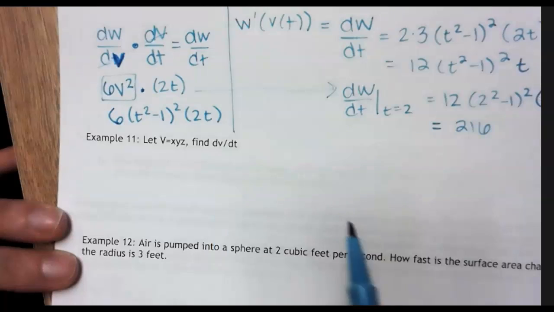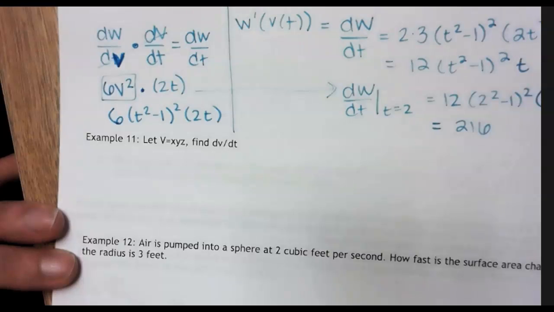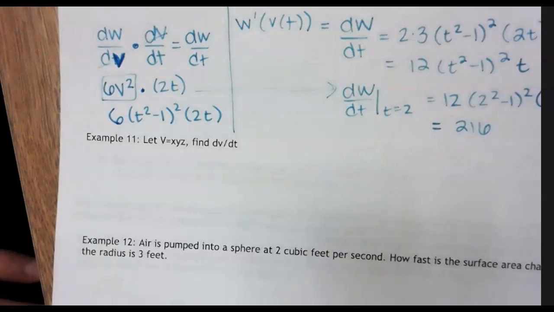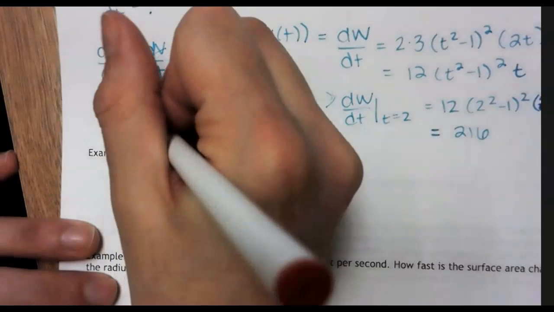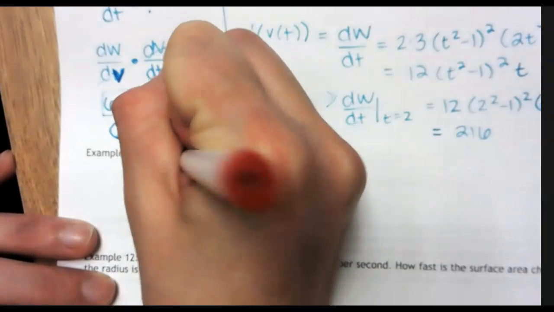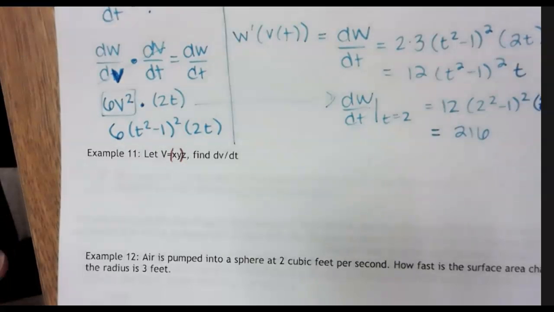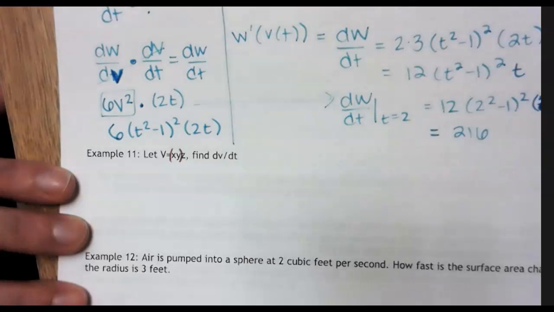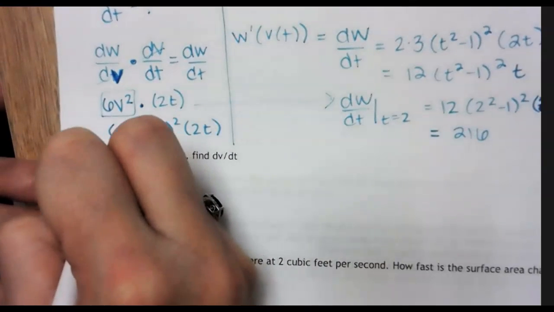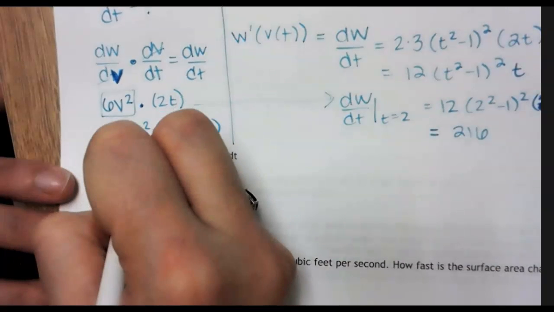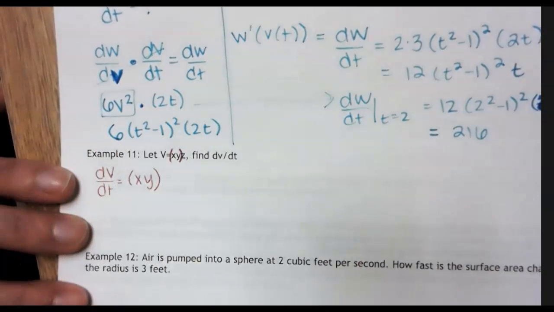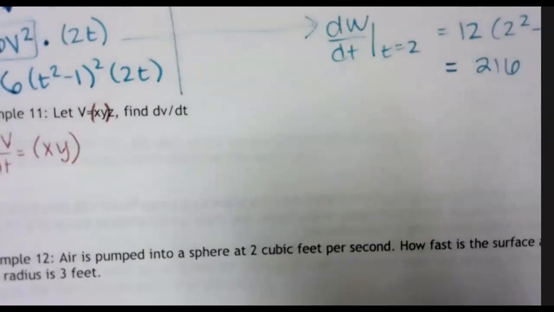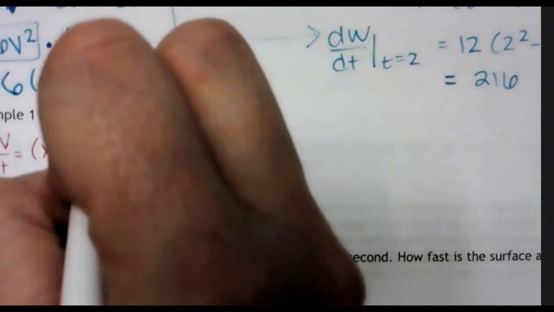So example 11, let v equal xyz, find dv dt. So this is a product times a product. When I work on this problem, I typically group two of the variables together and leave one behind. So I think of v as xy times z. So the derivative of v with respect to time becomes the first, which is xy, times the derivative of the second, which is dz dt,